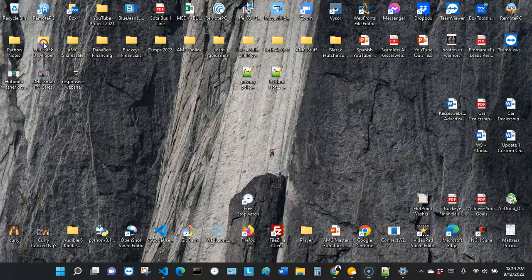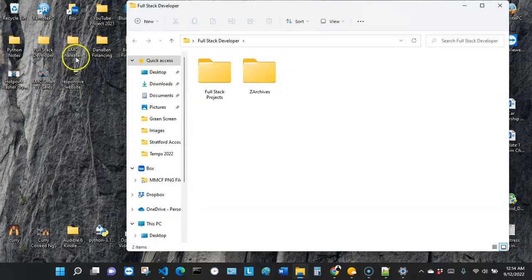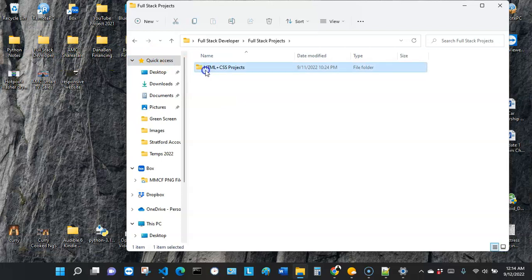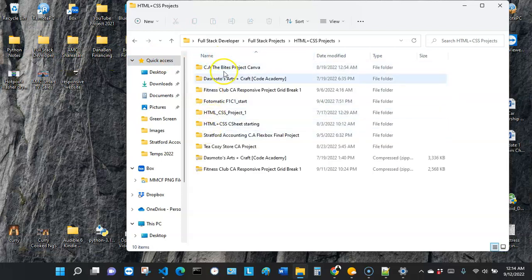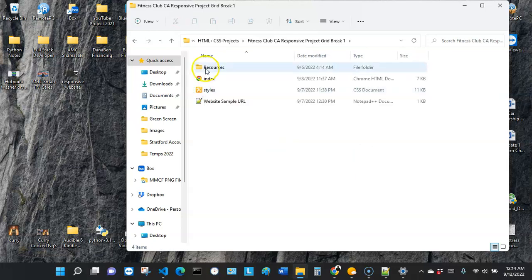For example, I have my own folder right here where I keep my projects. You could create a folder maybe on your desktop, or wherever you want to store them. Just make sure you know where it's at. And then I have this folder right here where I have my files. So when I click in there, I know I have my